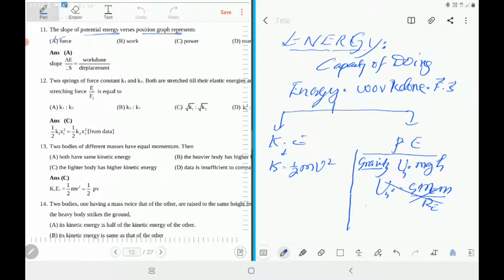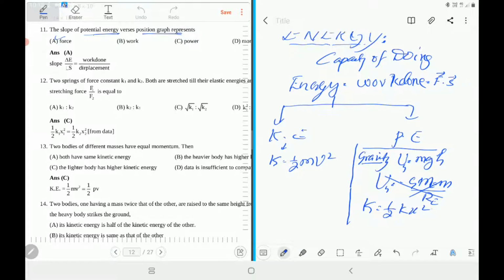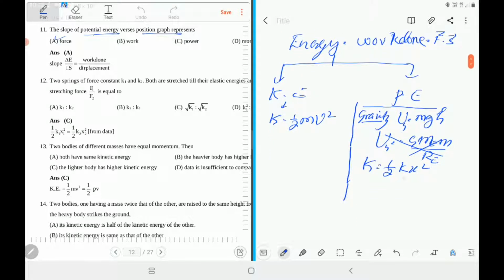And the second one, spring potential energy, that is half kx squared. This is a result of integrating spring force. The first year students have not yet learnt integration, but you just remember this relation. It is obtained by using the work energy theorem and spring force. What is spring force? That's another relation we use along with it: spring force F equals minus k into x.